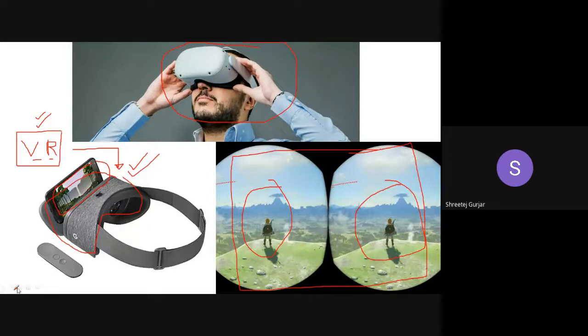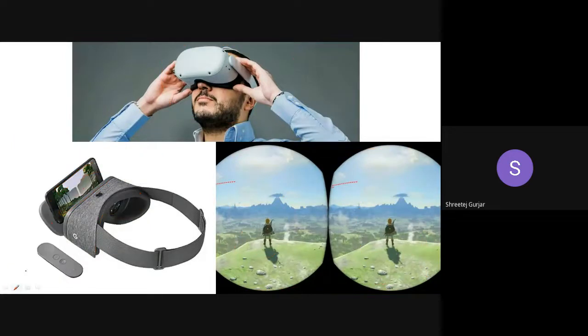So what is the full form of VR? Virtual reality. Very good. It is nothing but virtual reality. Has anyone used a virtual reality headset? It is a very, very nice experience. I have a virtual reality headset. I will get it to college, and you can try and view. It is a very nice experience.